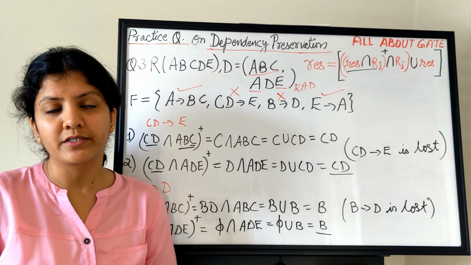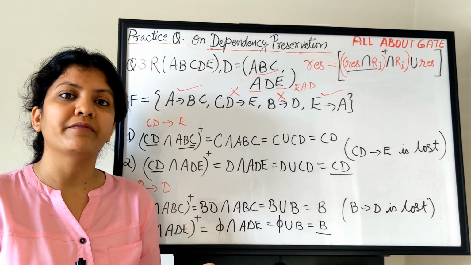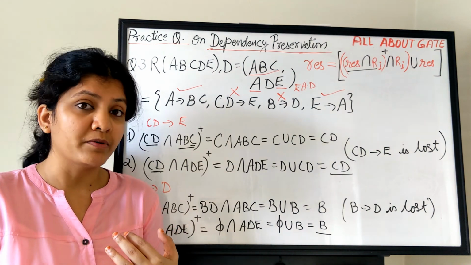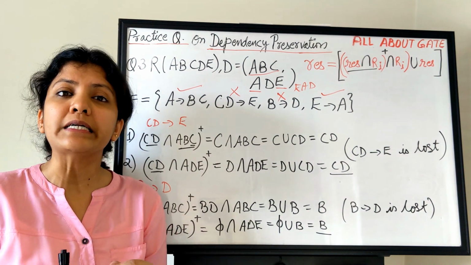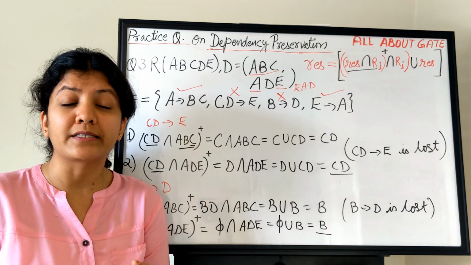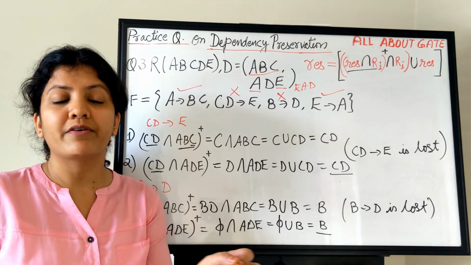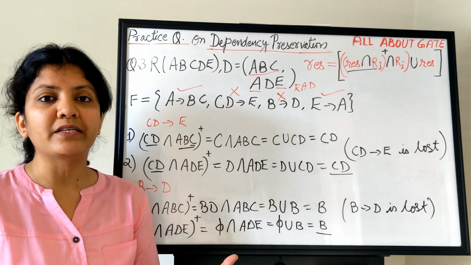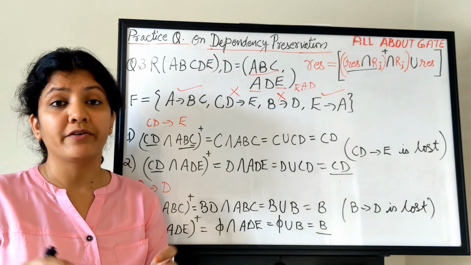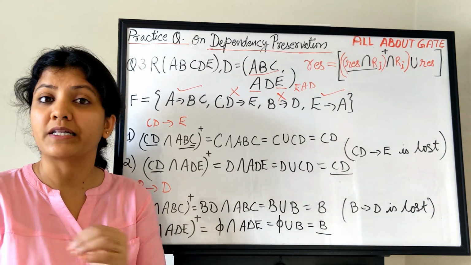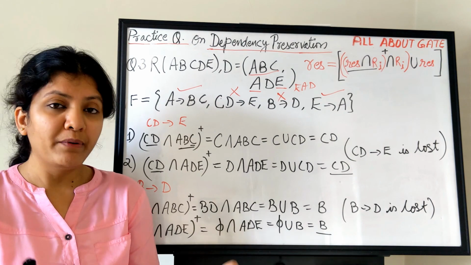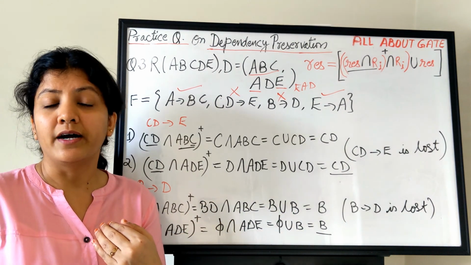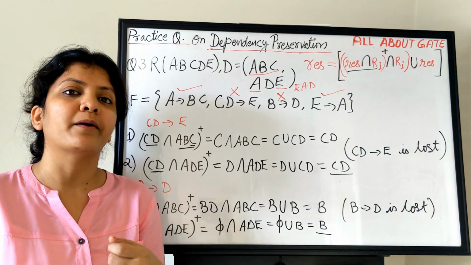One more thing I wanted to mention, which I have not done in the previous videos. Of the 2 properties, the lossless join property is a mandatory property to be followed. It is a must condition, essential and necessary. We can never compromise on the lossless join property, which simply states that if you are not able to join, or if you are joining and you are getting spurious tuples, that is not at all acceptable. But if the dependency preservation property is not satisfied 100%, it can be accepted up to a limit.